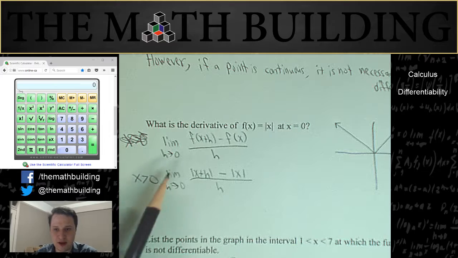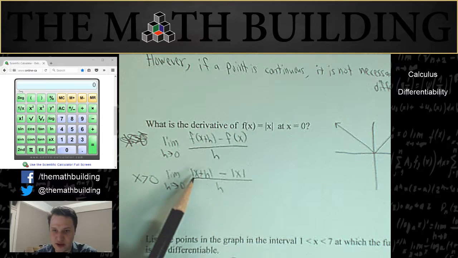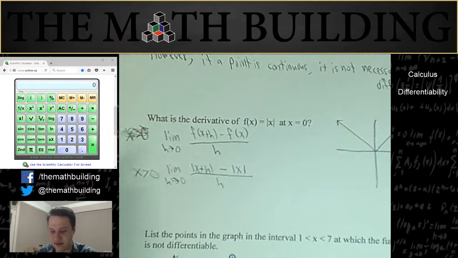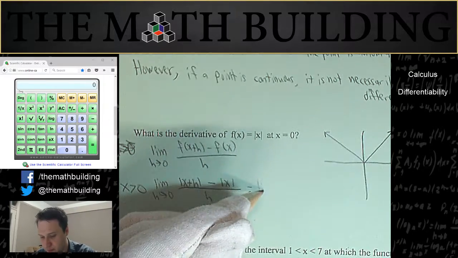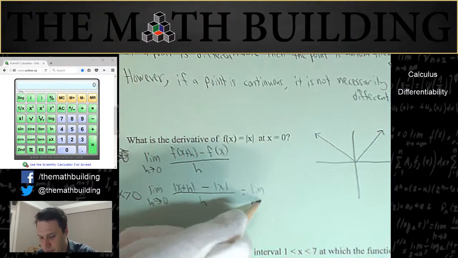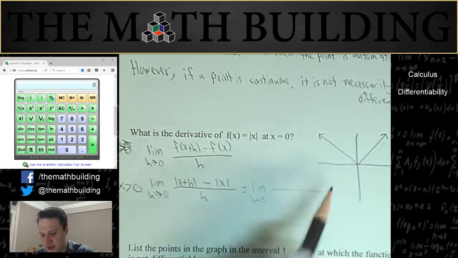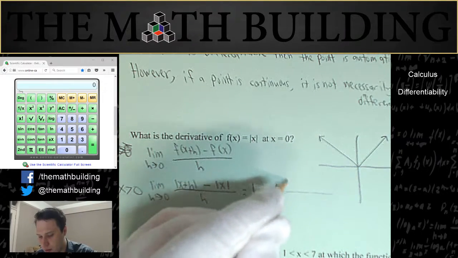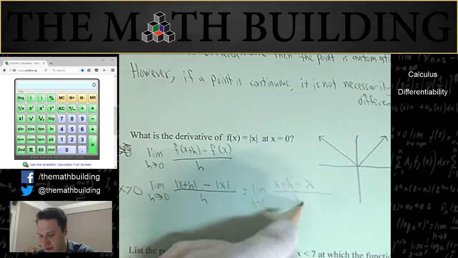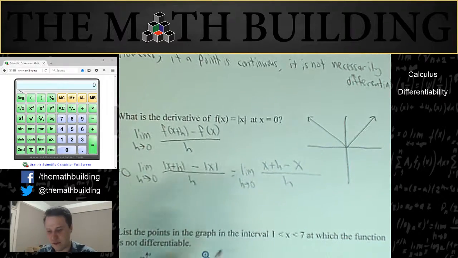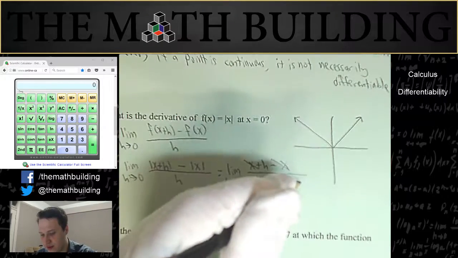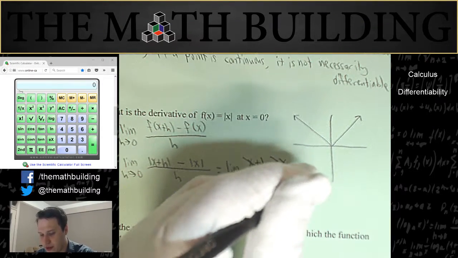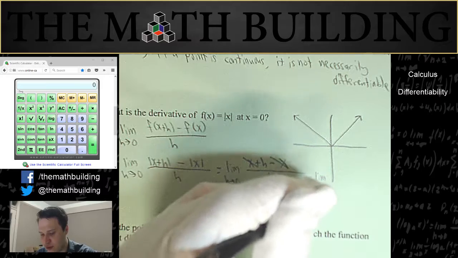and we won't get in trouble, because both x and h are positive, so like 2 plus 5 is 7, absolute value of 7 is 7. So we won't get in trouble if x is positive. We still have our limit here. We can just take off all of the absolute value signs. So good enough. x cancels with negative x, and so this is equal to the limit as h approaches 0